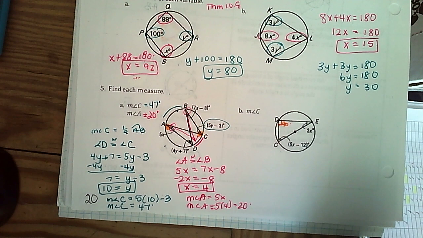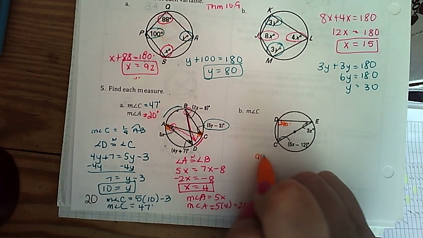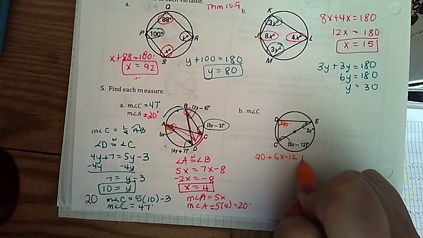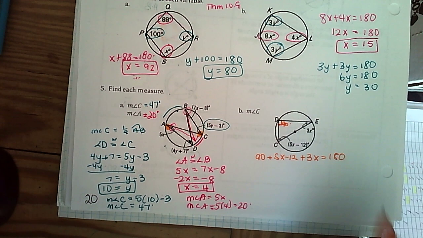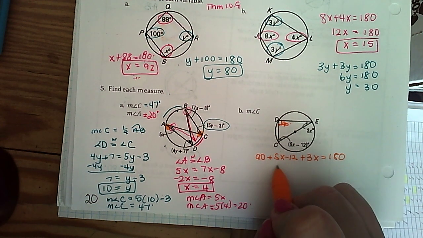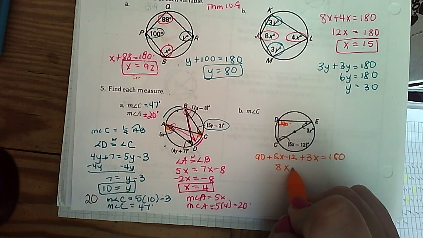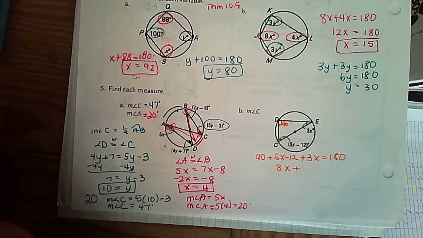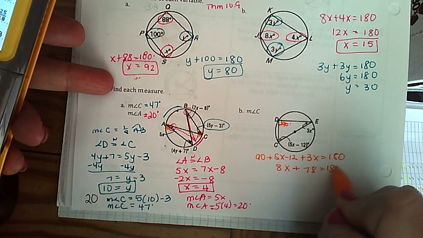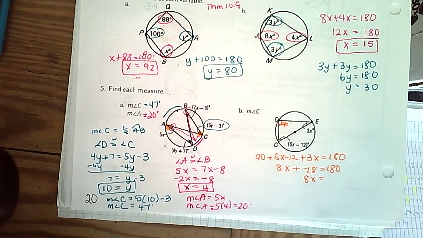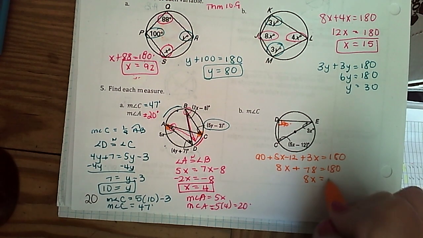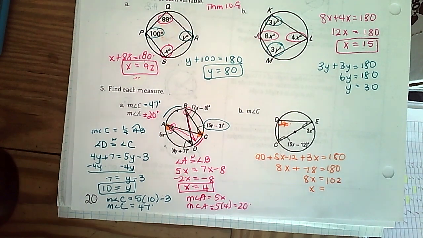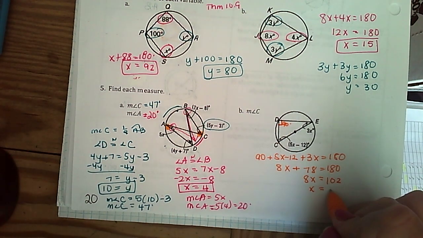So how many degrees are in my triangle? Correct. It doesn't change because it's trapped inside of a circle. So 90 plus 5x minus 12 plus 3x equals 180. Now solving this, I get 5, 6, 7, 8x plus 90 minus 12, 78 equals 180. I'm going to subtract 78 from both sides. Get 102. Divide by my 8, and I get